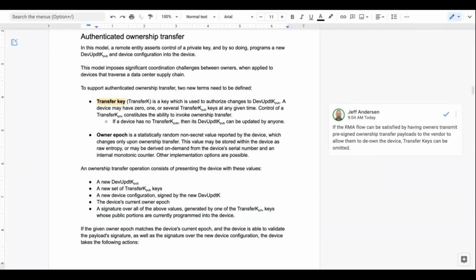So the device will make sure the owner epoch matches, that the signature is valid based on one of its current transfer keys, and then it will place these inside the device instead of its current values, and then it will rev the owner epoch.